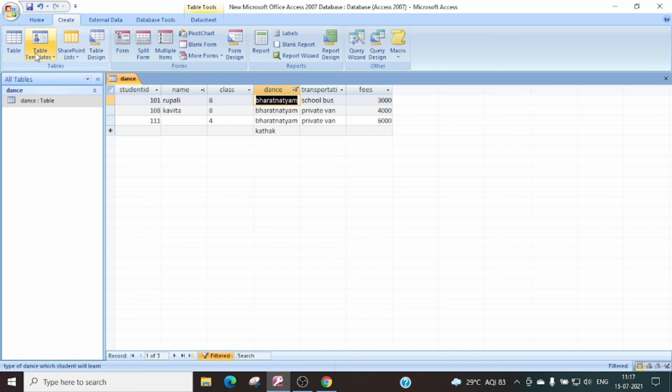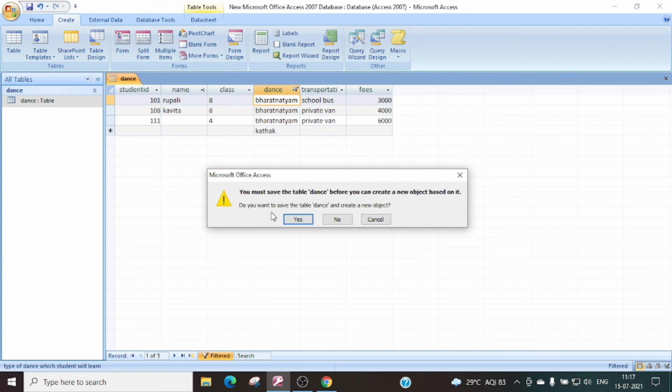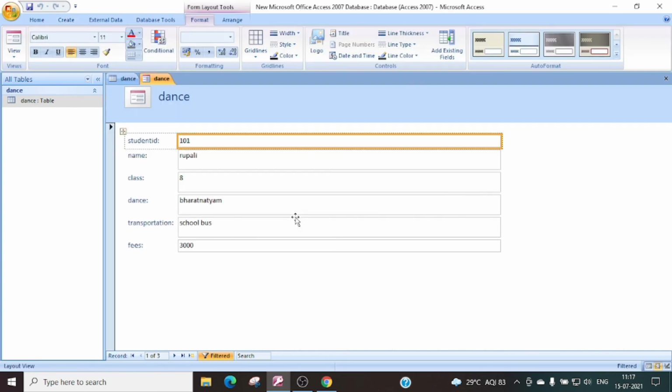Now I am telling you how to create forms in MS Access. To create forms, just click on the Create tab, and here the Form option is given. Click on it and a form will open like this. In this form you can also enter data. Here a few records are already entered.